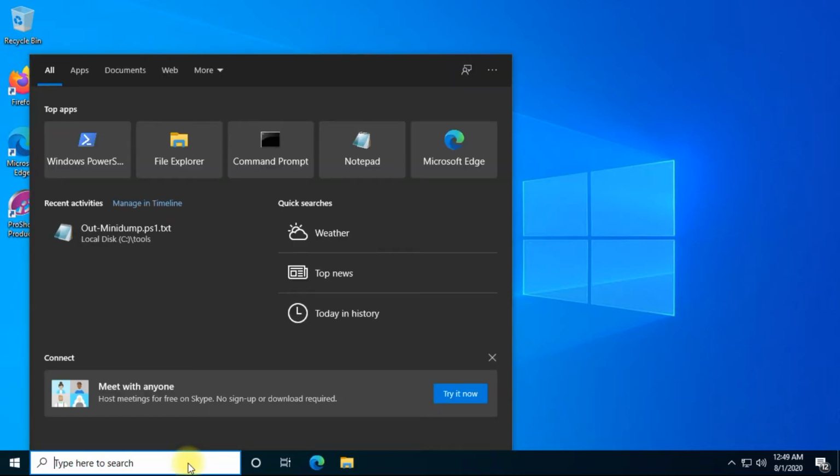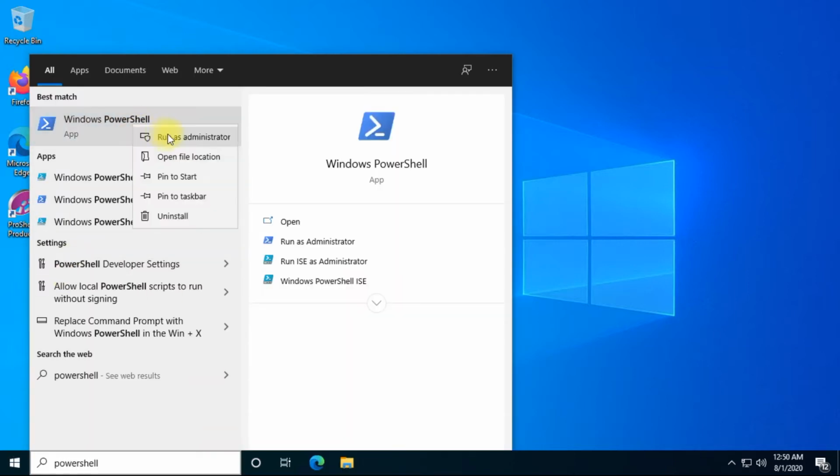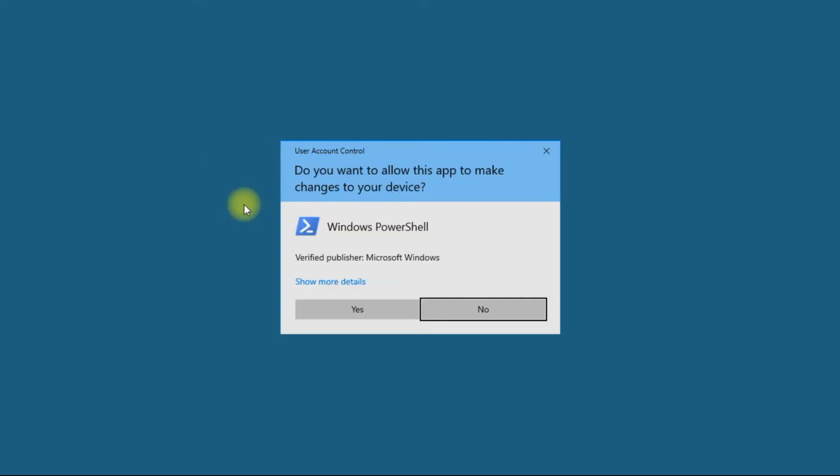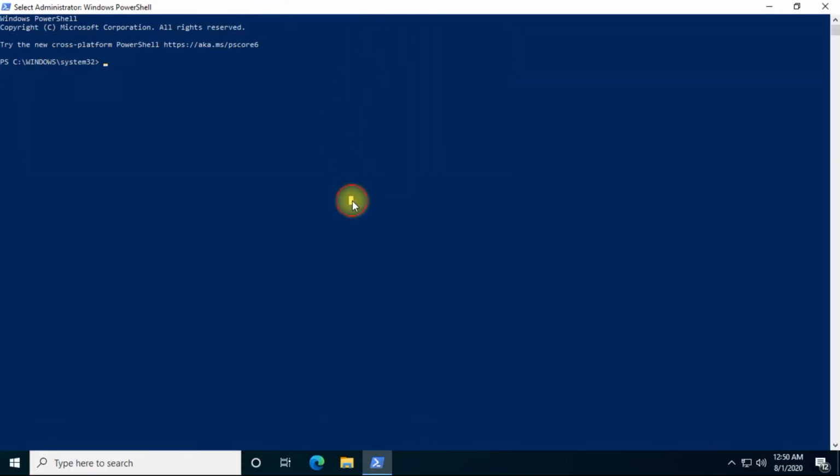So you can see that on this system we already have a session, the Windows 10 system. The first thing we have to do is open PowerShell. As we already have local administrator rights, there is no problem with that.